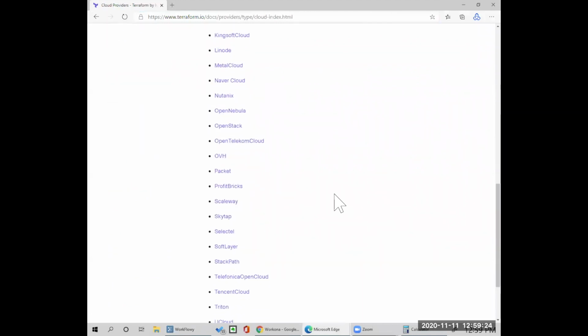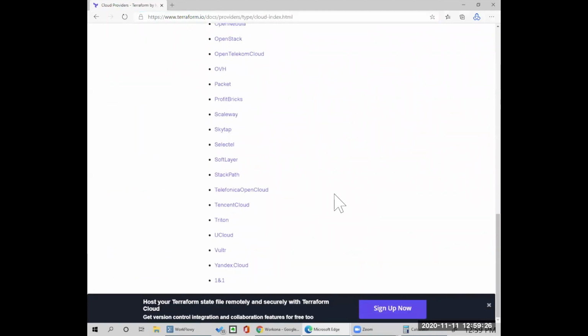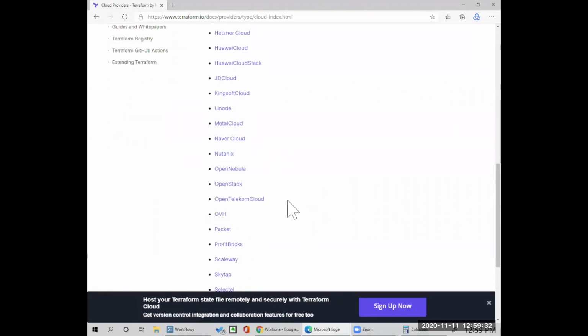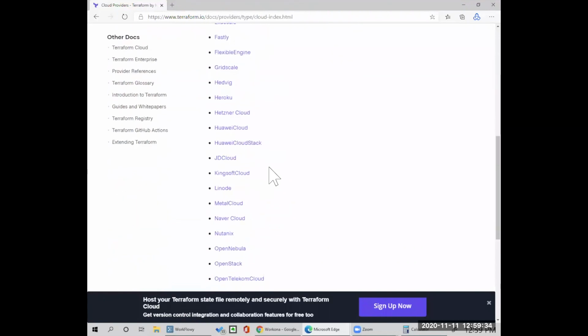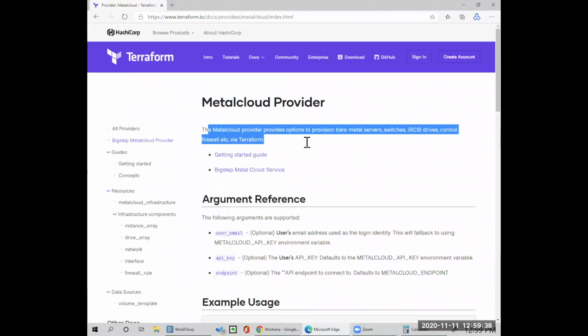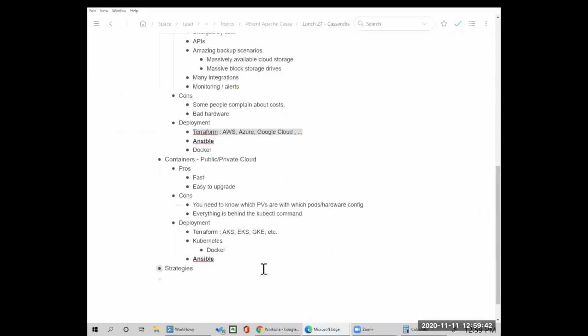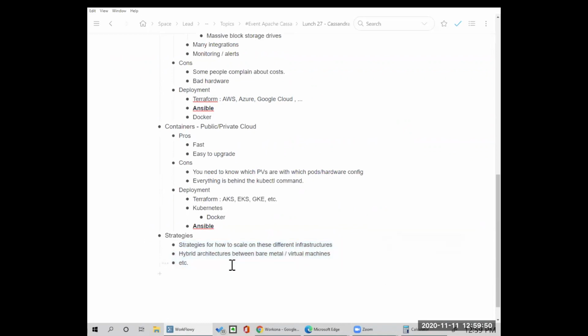Right, so look at these different cloud providers that are available, including this bare metal provider, Packet or OpenStack. And here's Metal Cloud, for your own hardware. Okay. We're at the top of the hour in a minute.